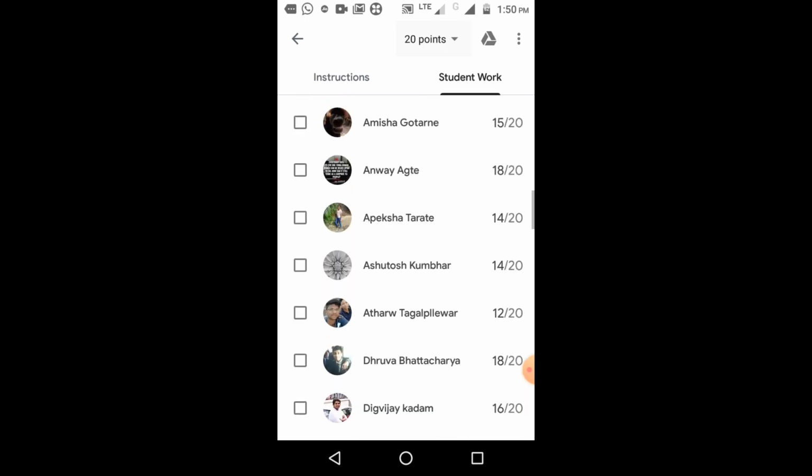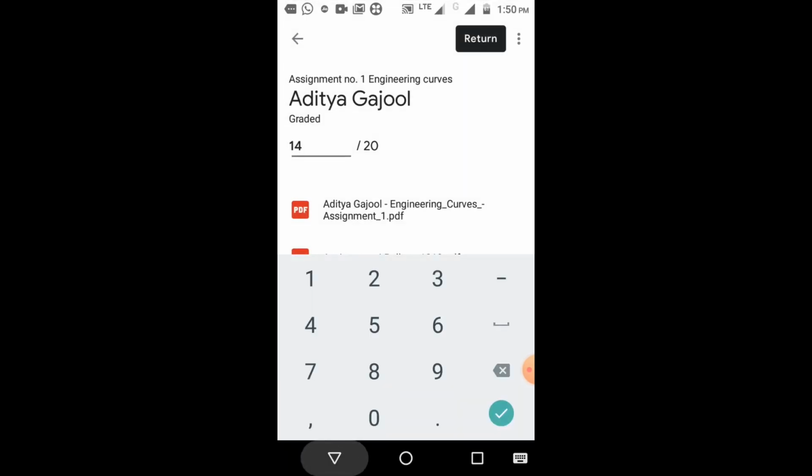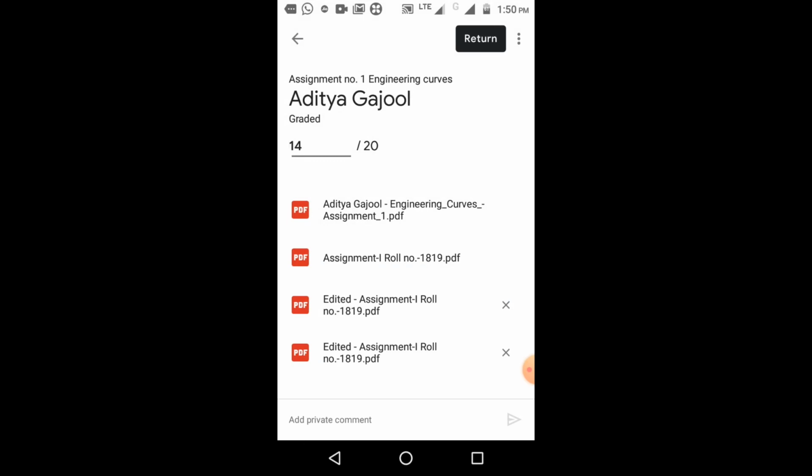So for the evaluation and the assessment, you can select any one student here who has replied for assignment number 1. Suppose I am selecting a second student here. When you select this student, all the details of that student for the first assignment will be visible. The first PDF is nothing but the assignment given by the teacher to the student, and the second PDF is the reply from the student for that assignment number 1. So for the evaluation and the assessment, open its answer sheet here.